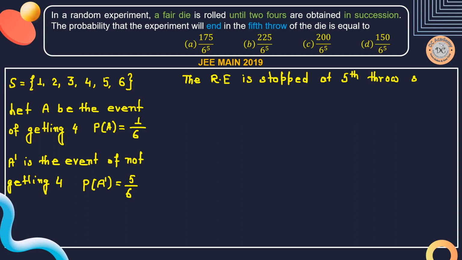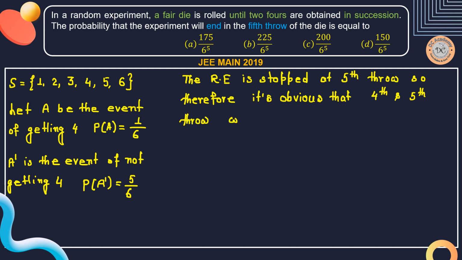So it is obvious that in the fourth and fifth throw, we get